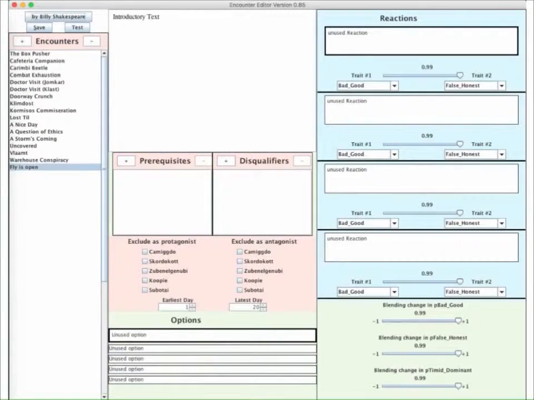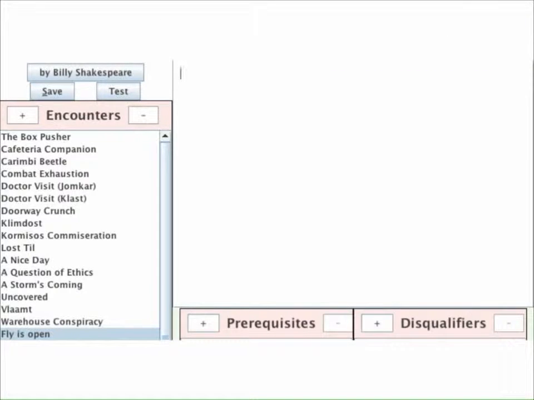Now we turn to the first real job, writing the text for the opening story. It's called the introductory text, and the space for typing it is in the top center of the window. We click there and start typing our story. Okay, so let's enter some text now. It is a dark and stormy night. Suddenly, without any warning, you notice that